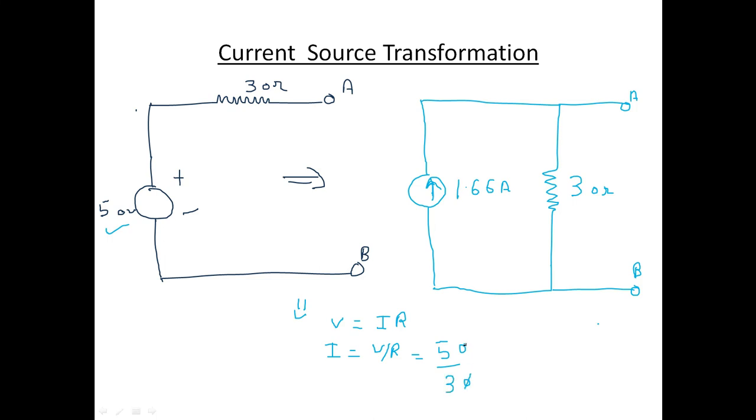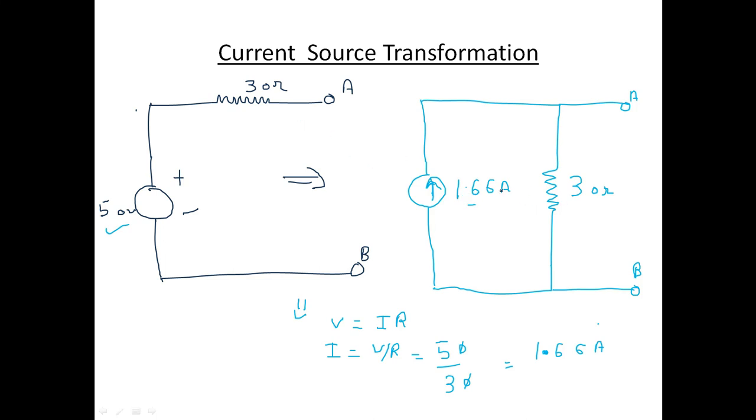So this got divided and would come 1.66 ampere. So that is why this 1.66 ampere comes over here, and it is in parallel with the 30 ohm